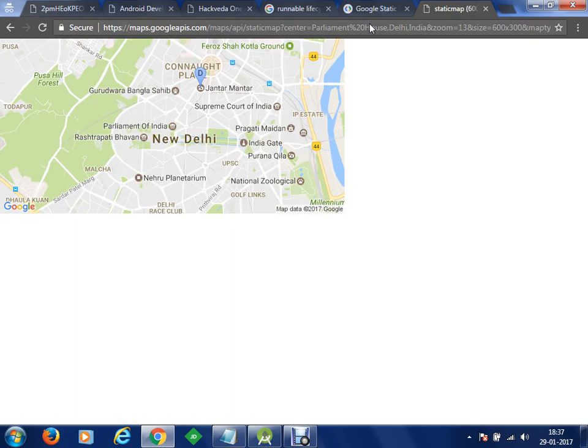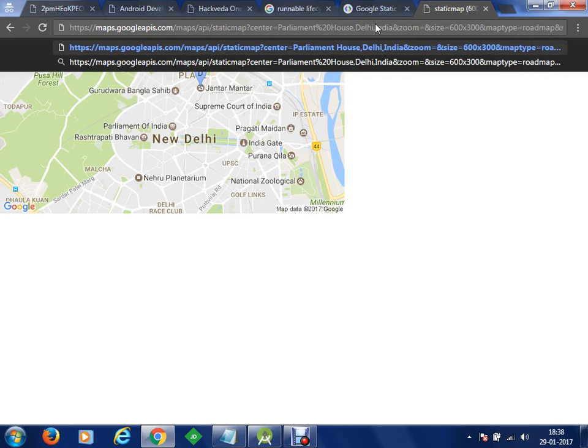So we have just created an image and we are pointing it to Jantar Mantar in that image. So I hope you understand. This is the request which we have performed. Google APIs has processed this and has returned a bitmap image to us. In case I want to increase the zoom size, let's say I would like to set 21, so that I can view the map in more detail.